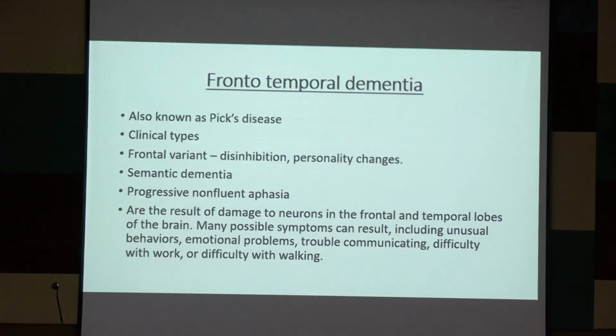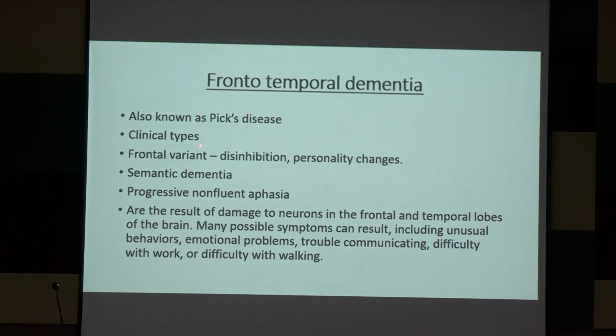FTD টা কি হয় আমি ধুচ্ছি. It is also known as Pick's disease. It is usually of 3 types: frontal variant, semantic, and progressive non-fluent aphasia. So frontal variant, there is disinhibition and personality change. ঠিক আছে, only this type of dementia where you will get personality change before memory loss. ঠিক আছে, memory loss পরে হবে, but there is